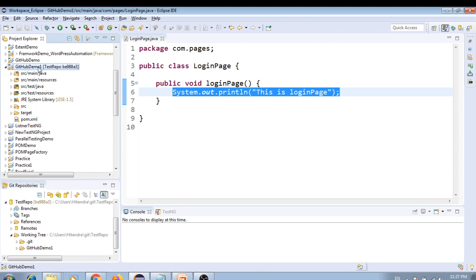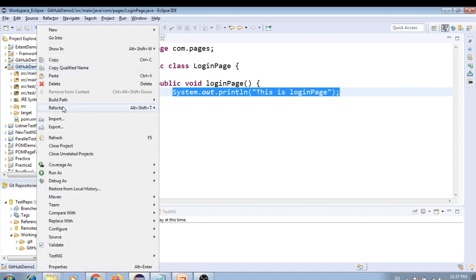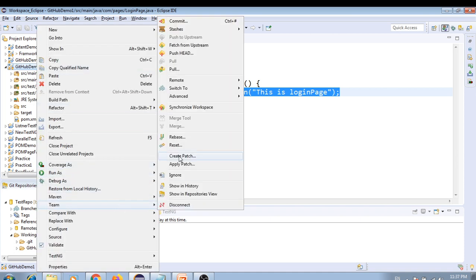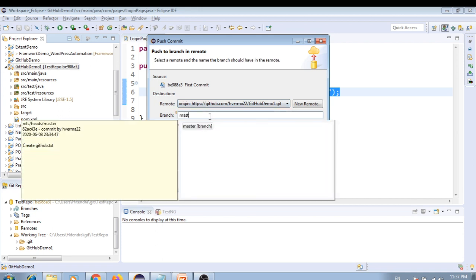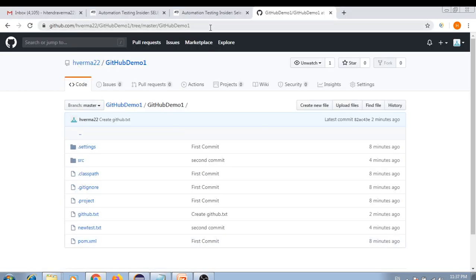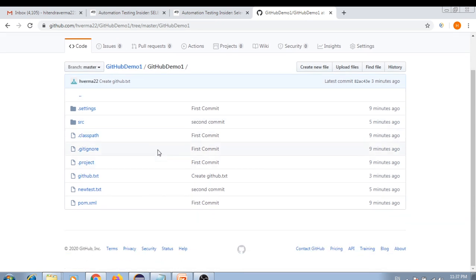Now how do I commit the latest changes? Just right click, go to Team, and we have the option called Push Head. Just select that, and here we have to write the master branch. Before that let me show you: in the GitHub repository, the central repository, we already have those changes, like new test.txt and github.txt.